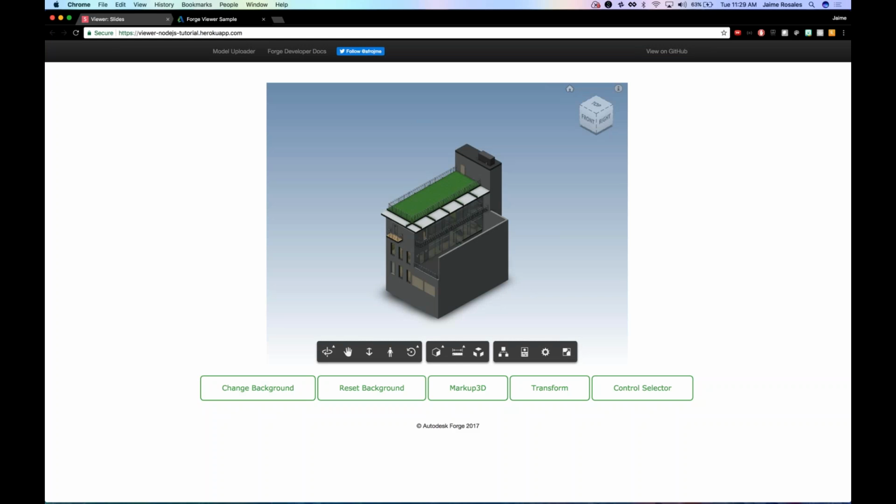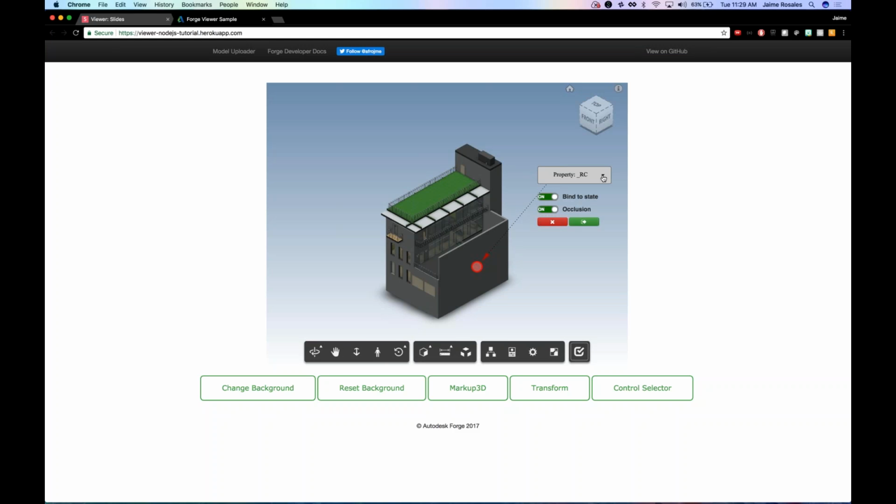So the next ones are a couple of JavaScript extensions that were created by one of my colleagues, and I will show you where you can find them later. One of them is the Markup 3D. Whenever we start the Markup 3D, we see that a new toolbar button gets added. We can select it, and now we have some kind of tooltip following us on the orbit mouse in order to select what we want to define in order to place a markup. So we select here,